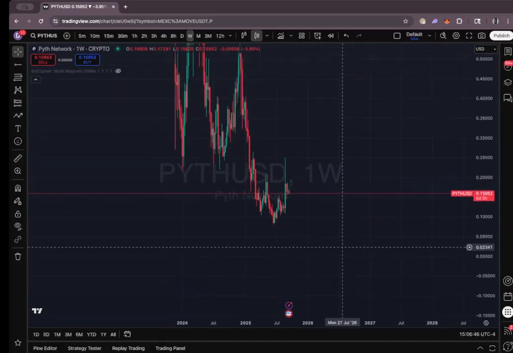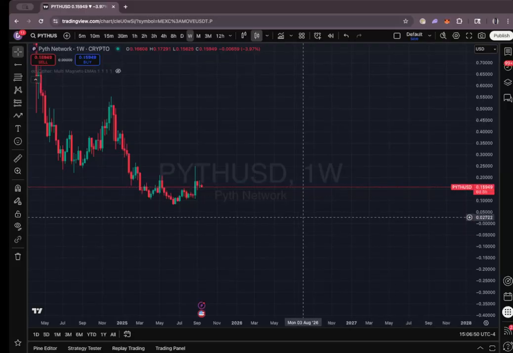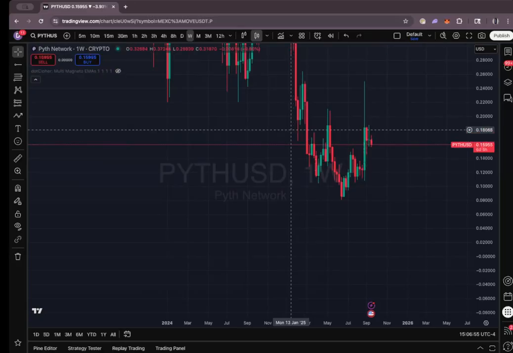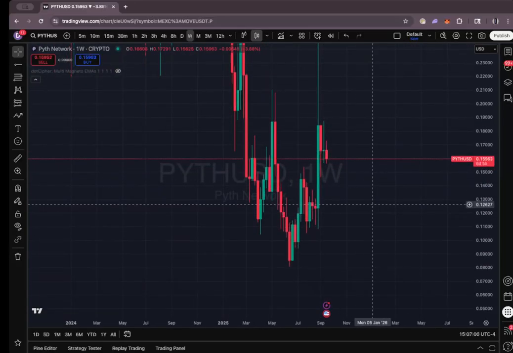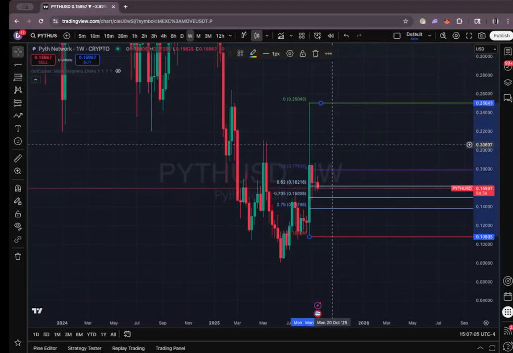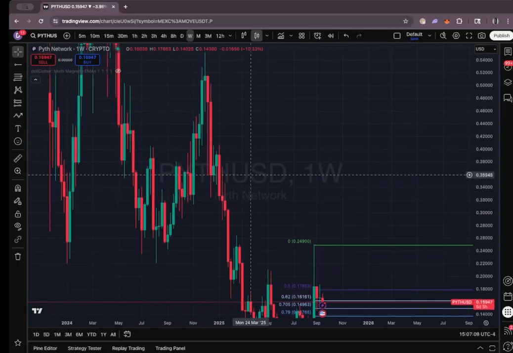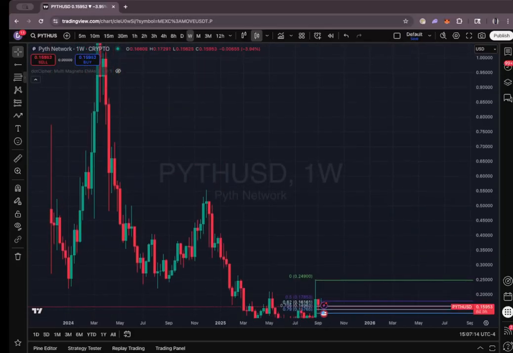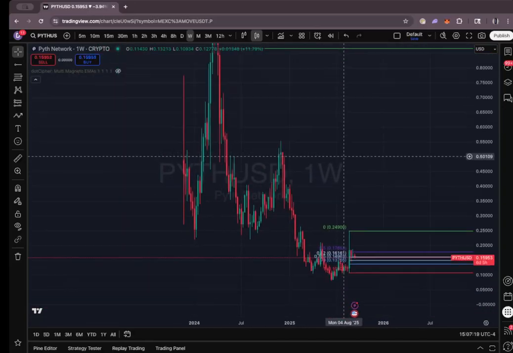Oh, yeah, so PYTH actually does have a pretty decent structure here. This is pretty decent. It does have one undefended low there, but the current weekly range it's in is bullish. So we did take that high. We are wicking into that bullish bias zone, and then the weekly doesn't have anything open until all the way up here at 86. And then what about the daily?